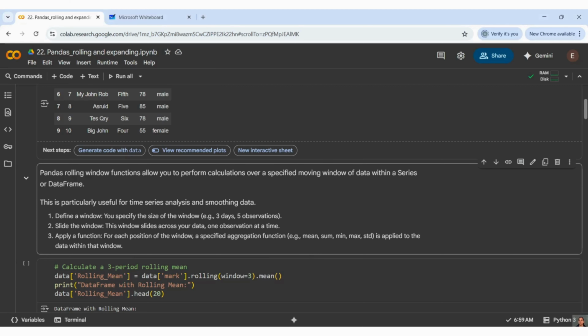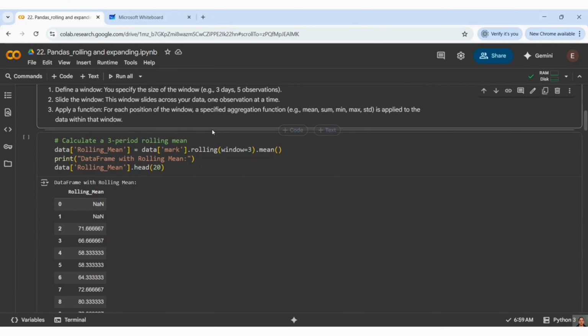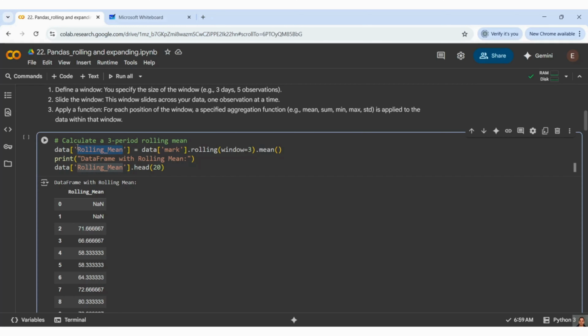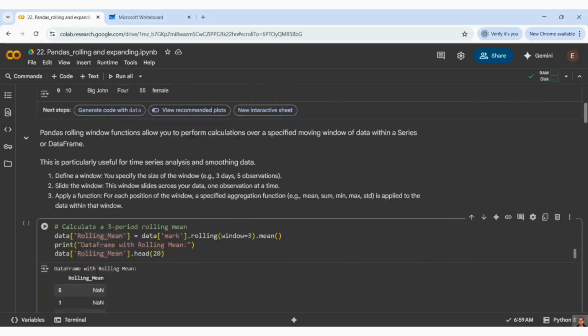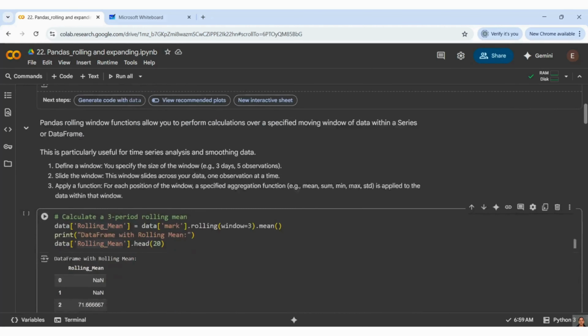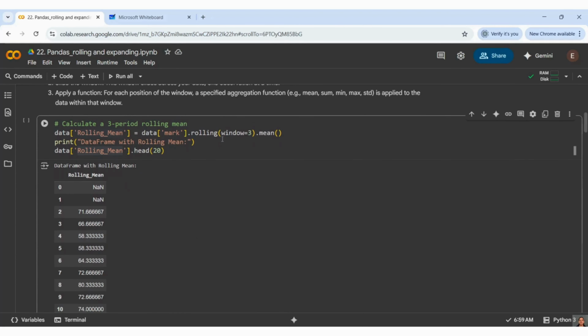Now we will see one example where we will add a 3-period rolling mean. So I am getting the mean of my marks, where you can see I have students data and a mark column. I need the mean of that, and my window period should be 3, and this is how you can achieve it.